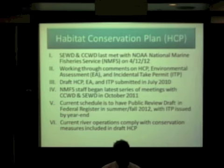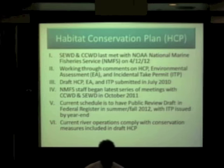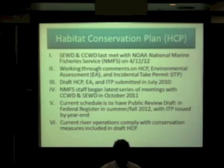But I want to assure anybody who's concerned about the Calaveras River that we are operating per the HCP, and we have been operating per the HCP for the last 5 years. So the only thing that will be different after the HCP is adopted and the ITP is signed by NOAA Fisheries is that we will have 5 years to fix Balota. So I'll stop there,